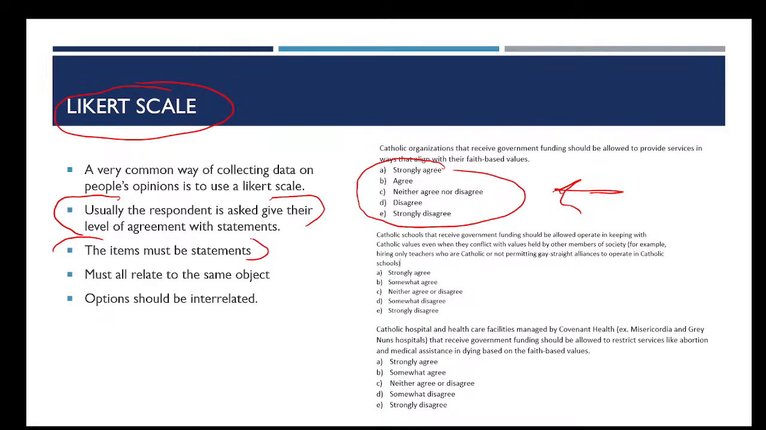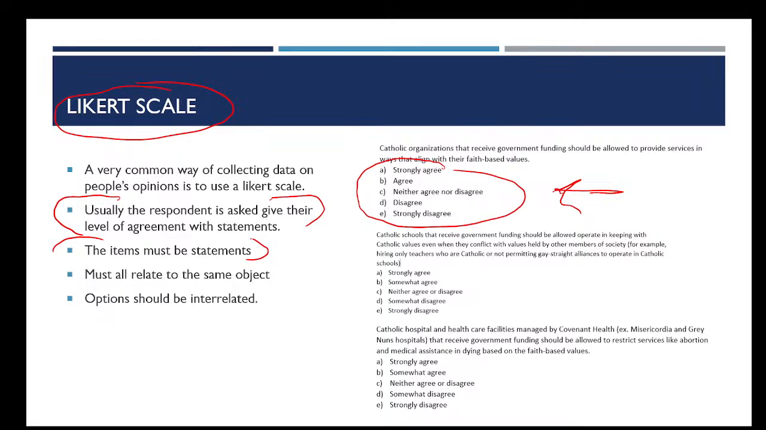I did this in a survey that I did in Edmonton here, so you can kind of see what's there, right? Catholic organizations that receive government funding should be allowed to provide services in a way that aligns with their faith-based values. That's a statement, and then people can rate their level of agreement with that. They have to be statements. The second you throw a question,